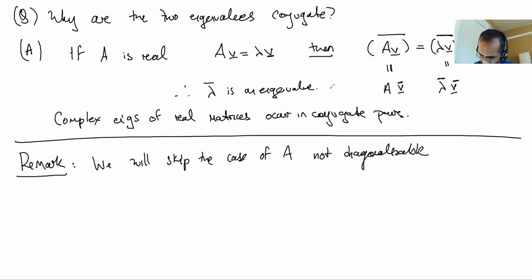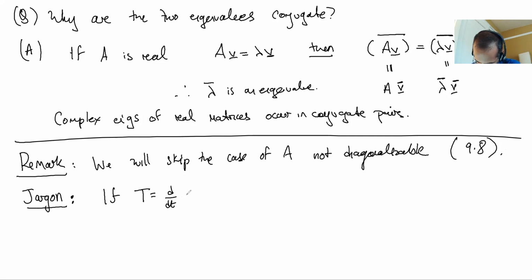It's an optional reading you can read about later. It says conjugate pairs. I think it's section 9.8, you can read about it later if you want. And somebody asked, what are these solutions called? There's some jargon associated with this whole subject, which you should know because people actually use it later in life. The jargon is, if T is one of these operators and you have a basis for its kernel,